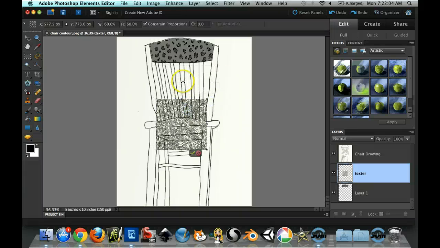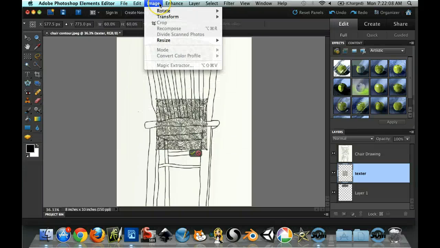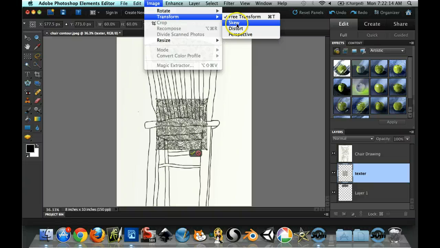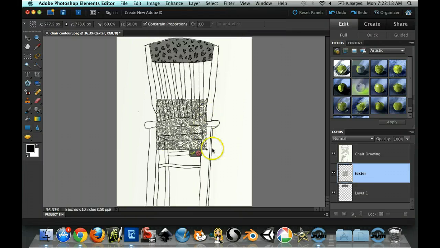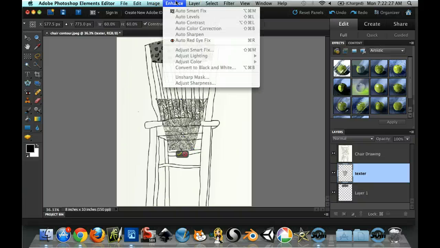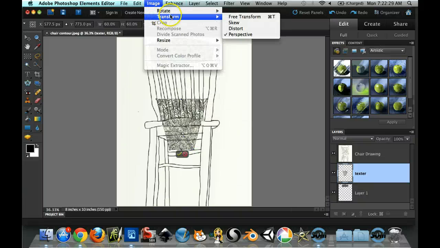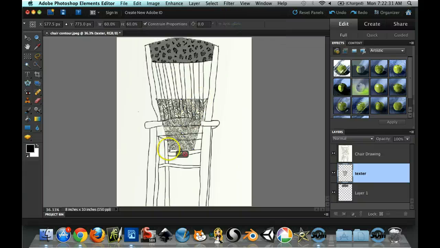But I can also manipulate it in other ways. So I'm going to go up to the Edit menu, the Image menu, and go to Transform, and I can select things like Skew, Distort, and Perspective. So if I click Perspective, let me just show you. If I click Perspective and then I drag now, see how it changes it? Almost like it has a vanishing point, right? And if I go back up to Image, Transform, and then do Distort,